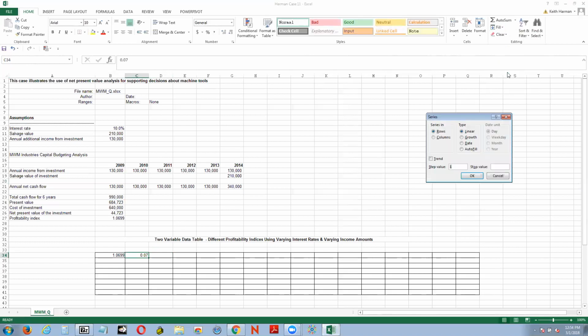Click that, and you'll get the series dialog box. Now, in this case, we're working in a row, and it says, what is the step value? In the case they told us, they want us to come up 0.5% per iteration. So we're going to put